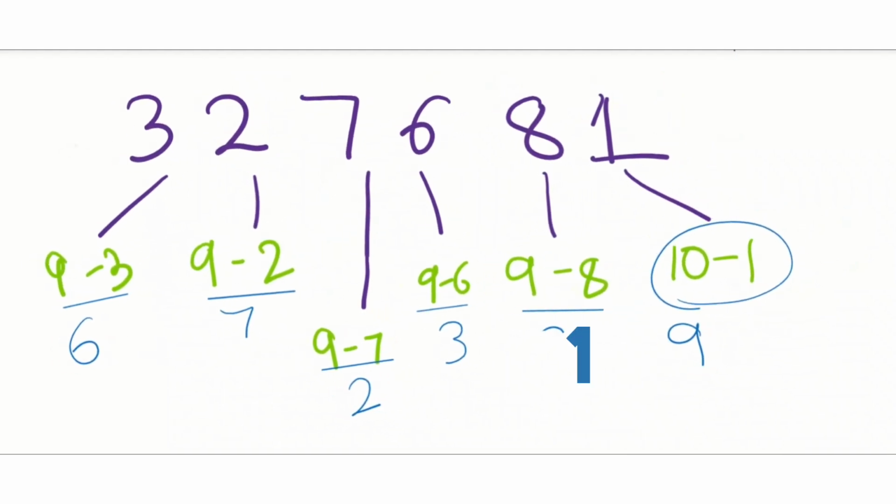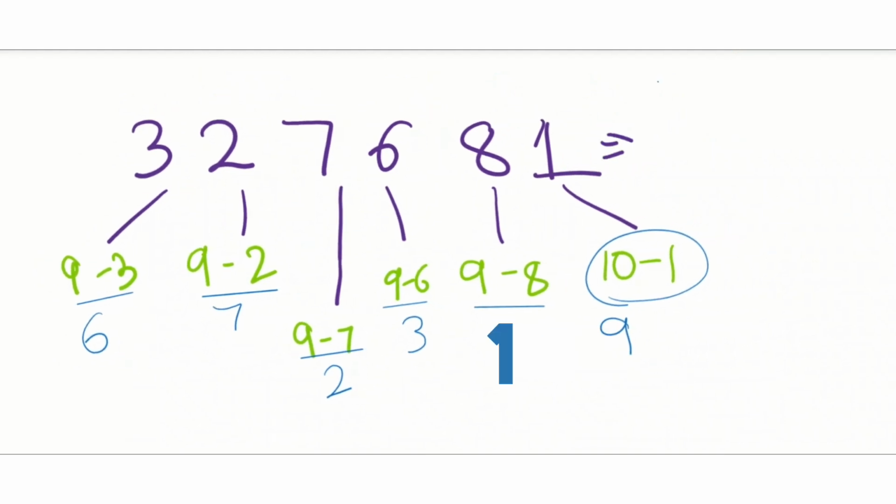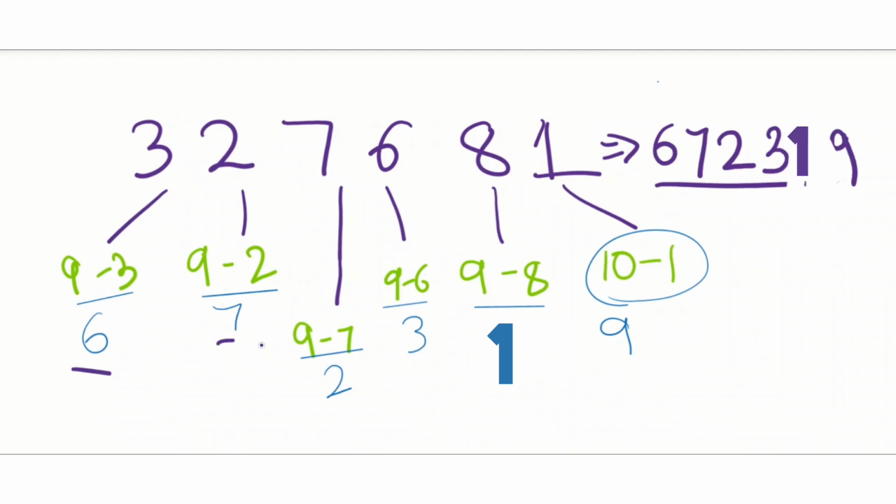So you get the Nikhilam as 6, 7, 2, 3, 1, 9. Basically placing the numbers together as it is. One last example to solve for today. Let's take a big number,